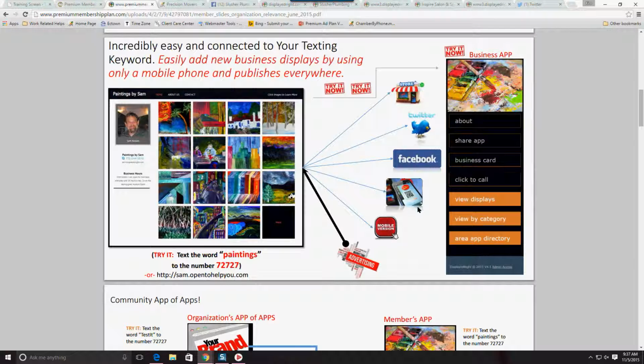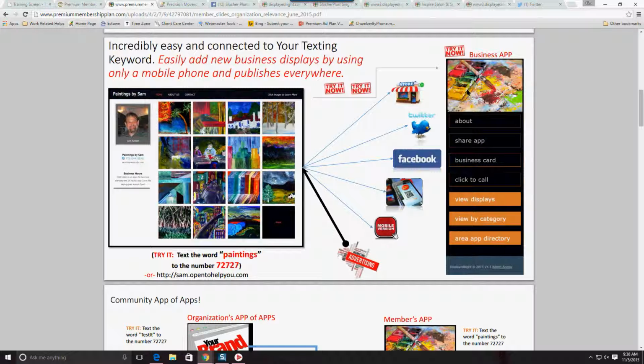They will also receive a keyword, which they can publicize on business cards or even on newspaper advertisements. If you have an advertisement in the newspaper, it's always great to add a QR code image or the text keyword. That way when somebody's looking at your advertisement in the newspaper, they can immediately type in your information on their phone to get additional information.